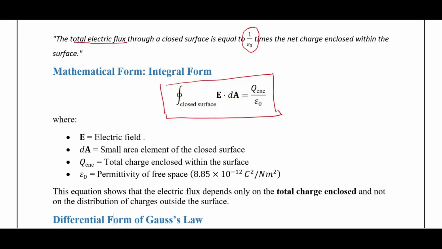We have to take that E is the electric field, then dA is the small area element of the closed surface, then Q enclosed is the total charge enclosed within the volume. Then epsilon naught, we are well known about the permittivity of free space. This is the value of the permittivity of free space. This is the most important. So in the integral form